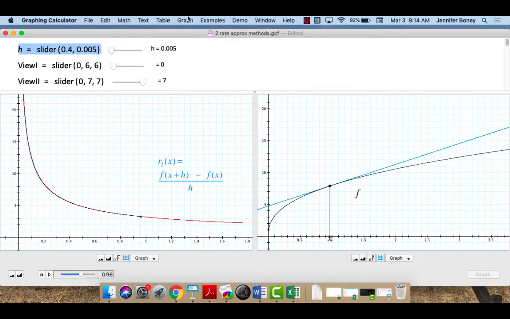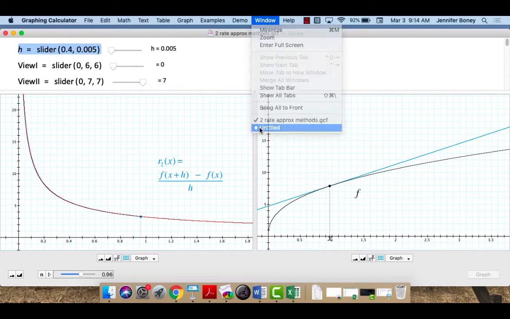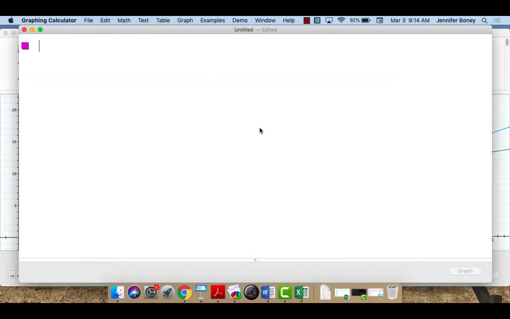Let me just open up a new window. Do I have a, here, blank one. So